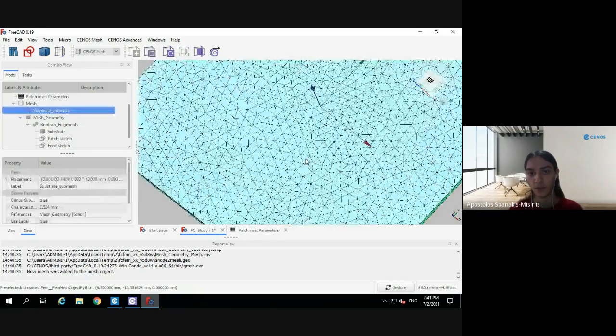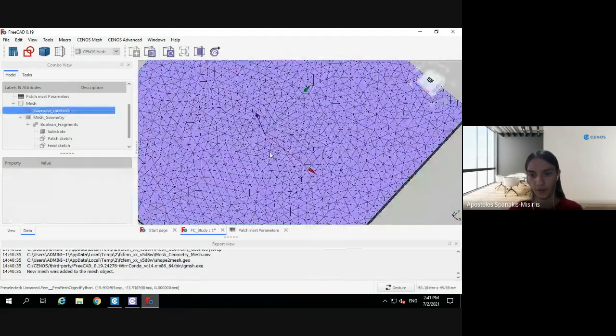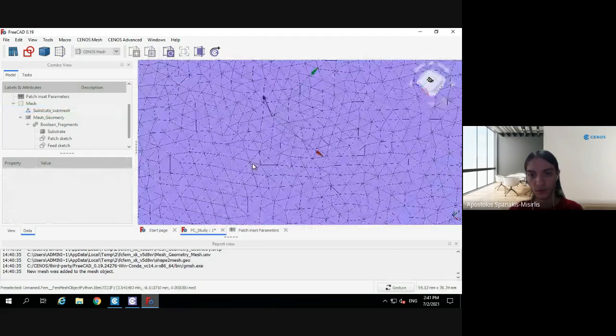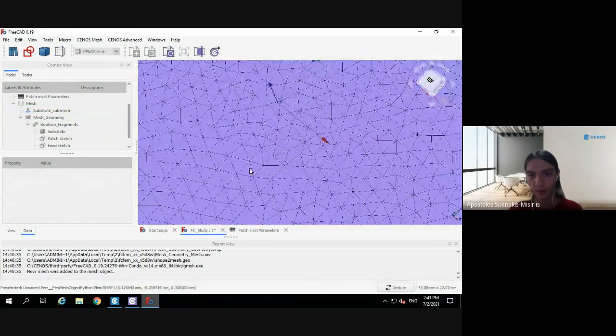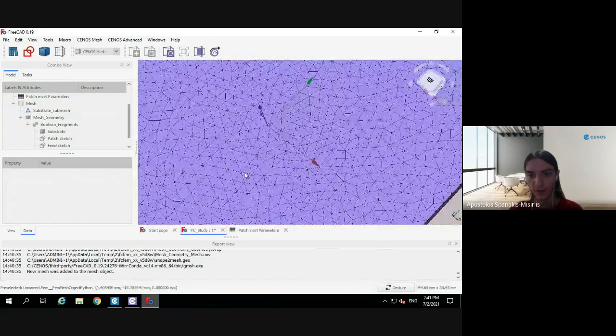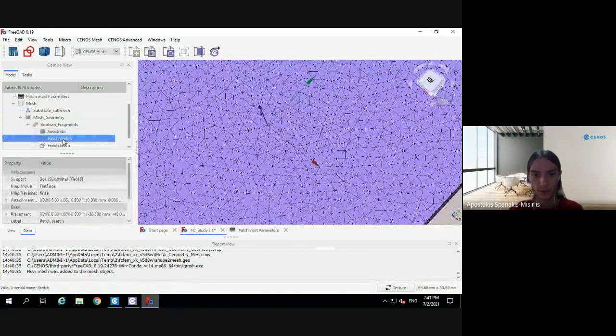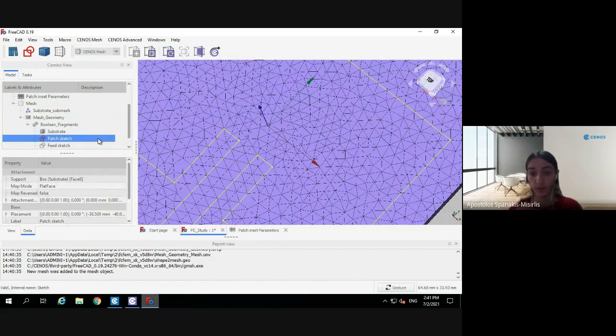So I can zoom in here. Let me click off here. So maybe you can barely make out the inset. And let me, yeah, there we go. I can enable this in case it's not obvious. We've only got two cells here. So we don't have a lot of mesh cells, and we have to make this part a little bit finer